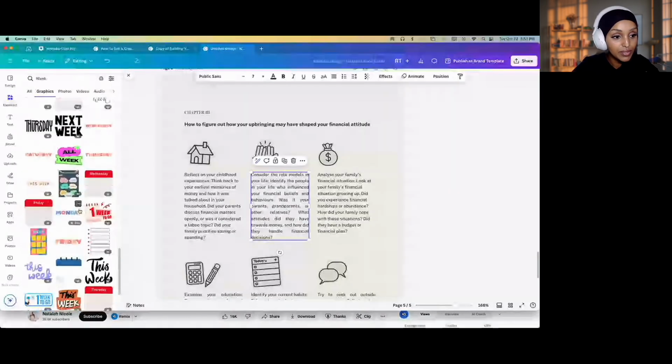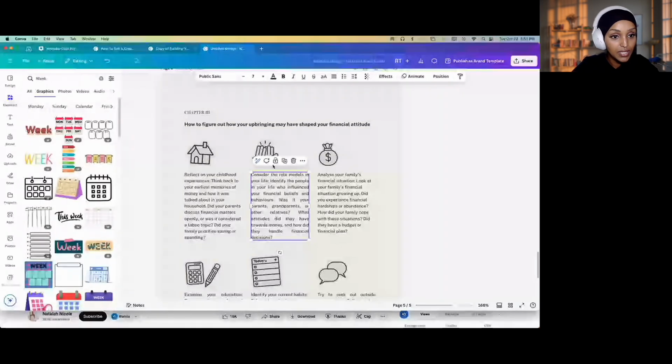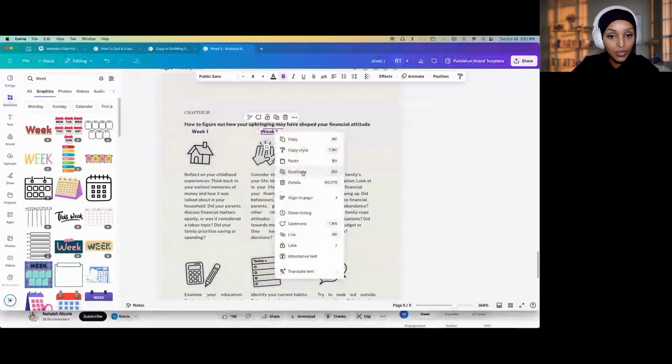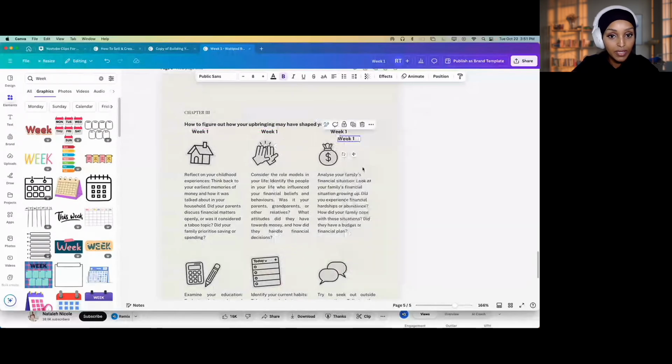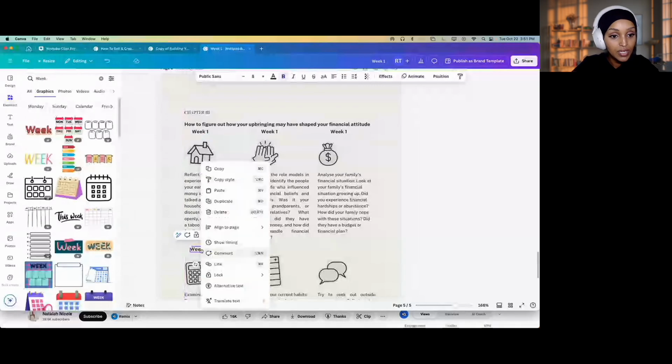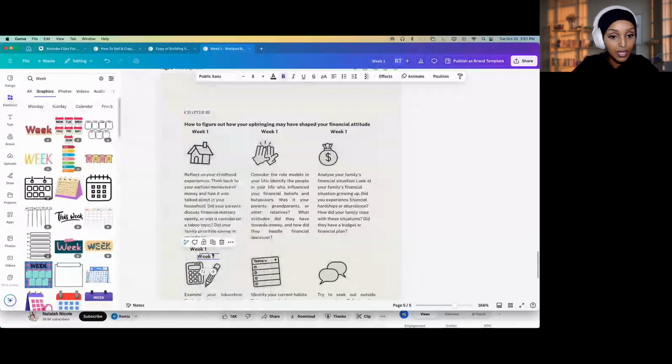So I want to keep it simple, maybe leave these, but duplicate this. And then I like to just go weak. It doesn't have to be anything crazy when you're first starting off. You duplicate. And this is like the easy way. I know a lot of people like to teach it another way, but as a complete beginner, these are the things I wish someone would have just shown me instead of making it more complicated than it needs to be. Okay, duplicate.